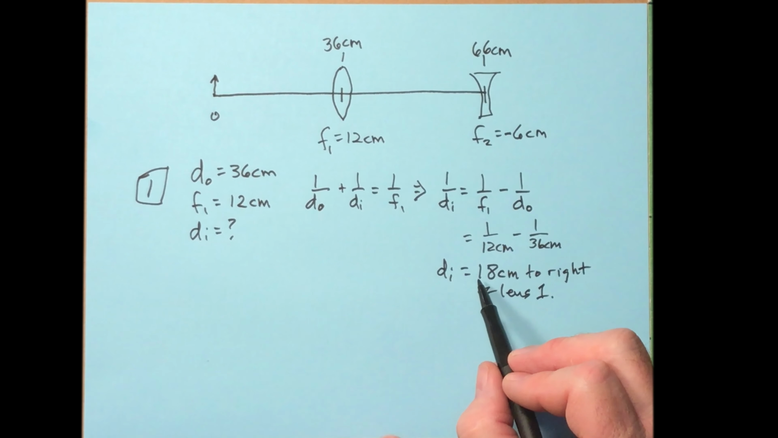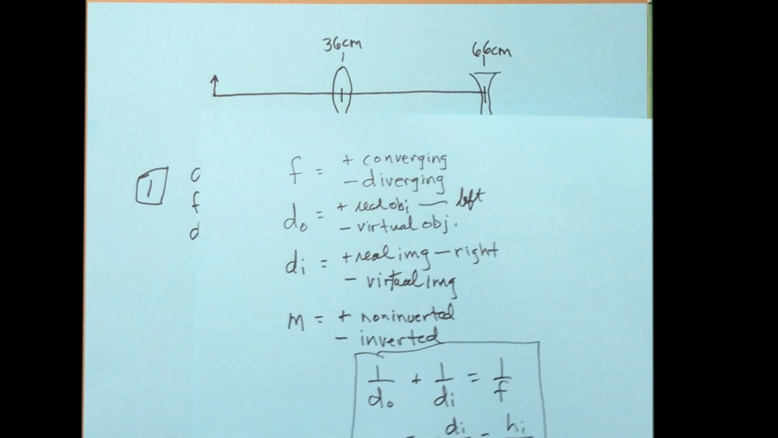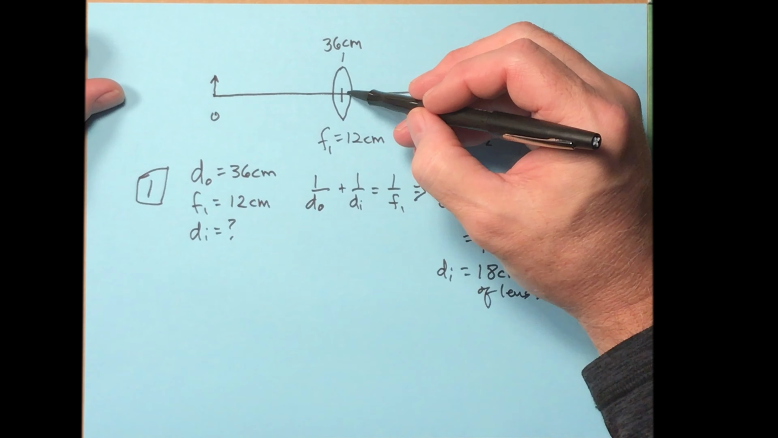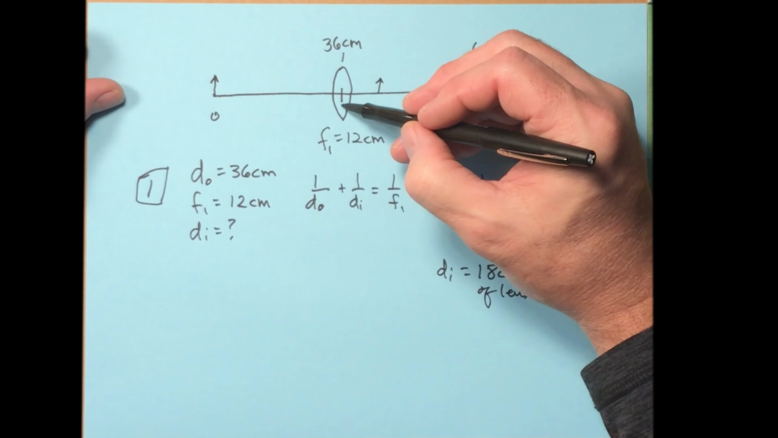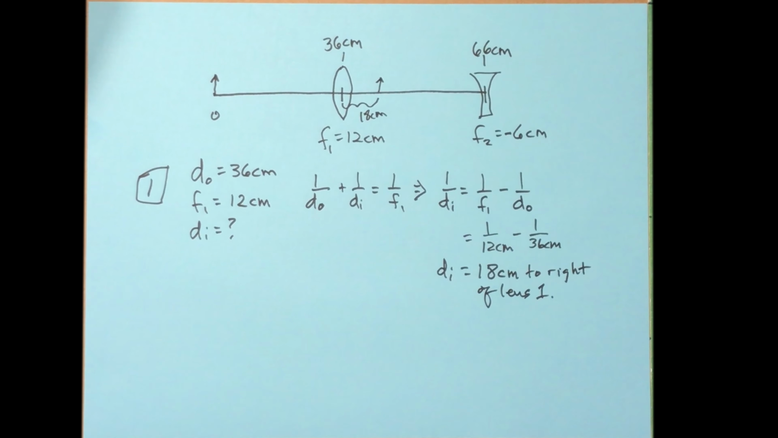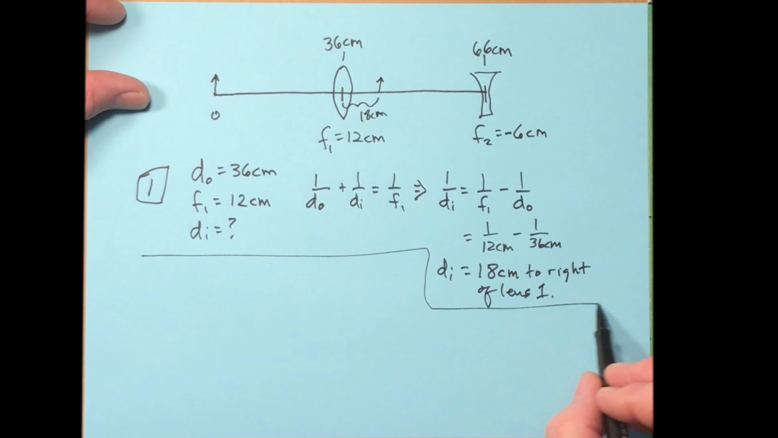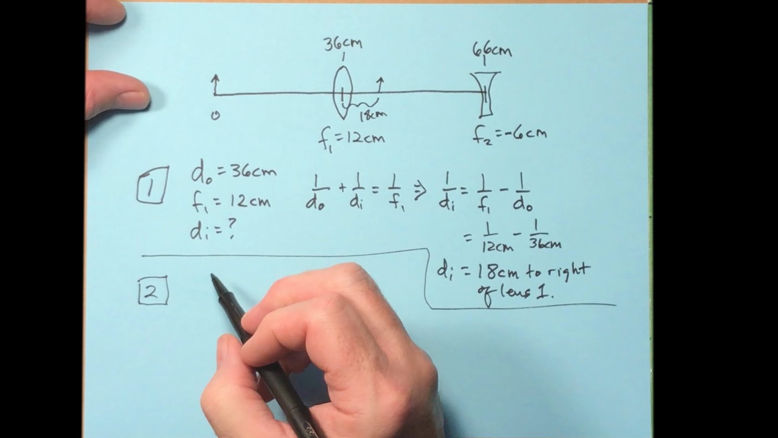Now, it's to the right, so it's positive. It's to the right because we had a real object on the left, so it's to the right there. Okay, you got that. All right, now that image becomes the object for the second lens. Now it's 18 centimeters to the right, so it's over here somewhere, and the distance from here to there is 18 centimeters. So along our number line, if I'm working lens 2 right now,